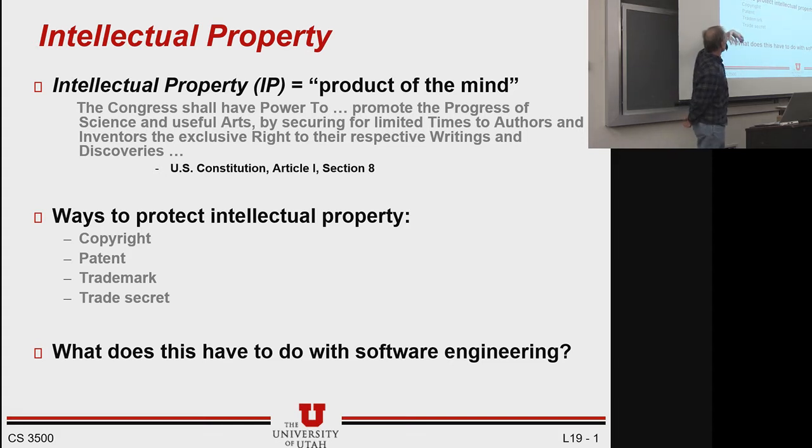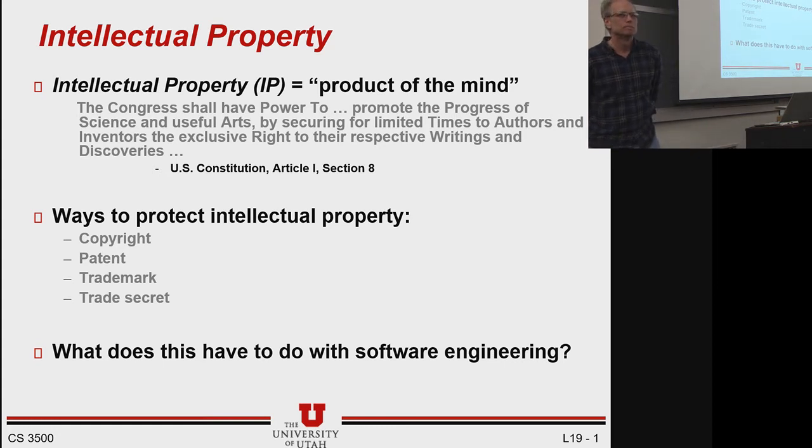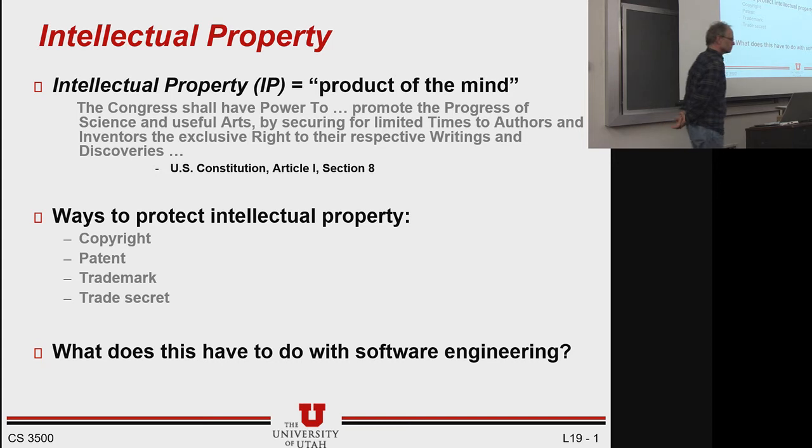The four ways to protect intellectual property. There's copyright and patent, which we'll talk about in more depth. There's trademark. So who knows what a trademark is? Something unique to that specific entity. Okay, so for example, calling your product Coca-Cola, you can say anything that says Coca-Cola on it is made by us, you know it's good, you know it tastes good, you know that we didn't put asbestos in it. Right, so Coca-Cola is trademarked, so no other company can make another drink and call it Coca-Cola.